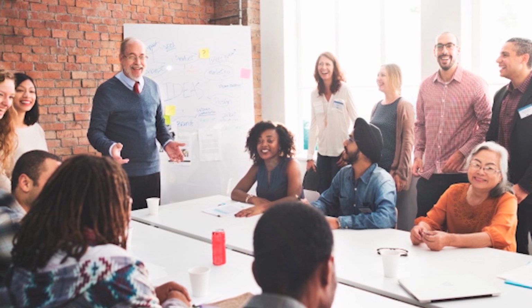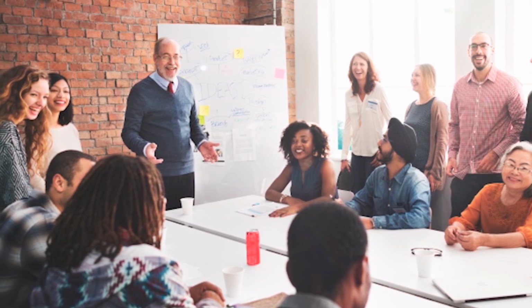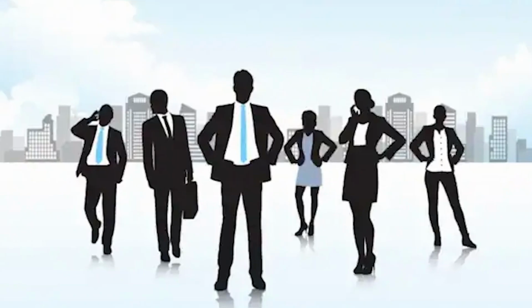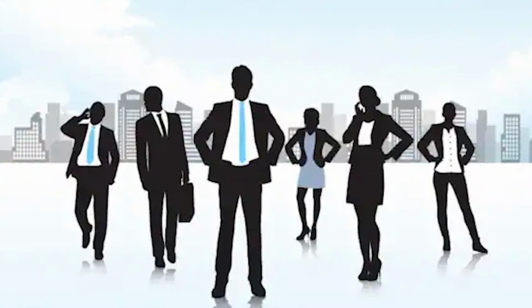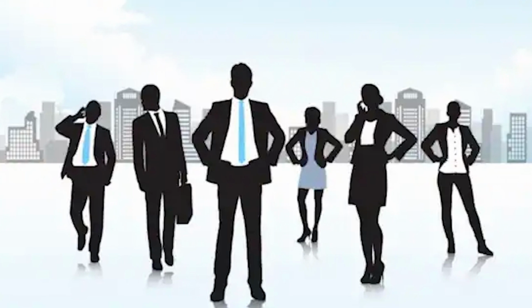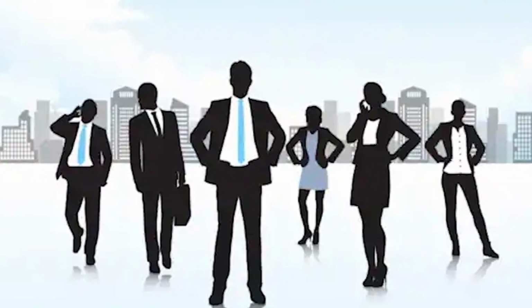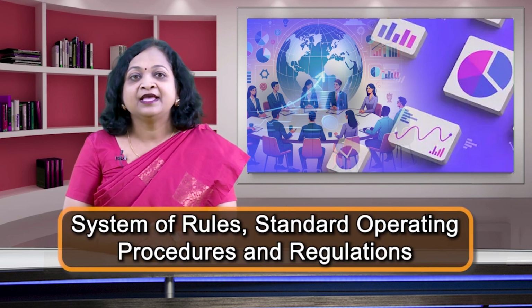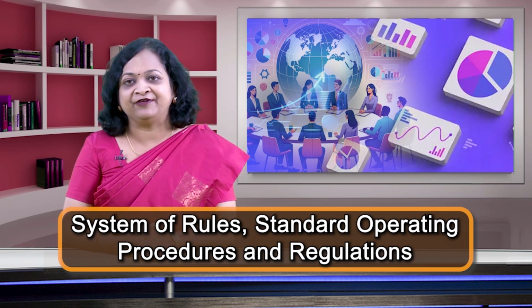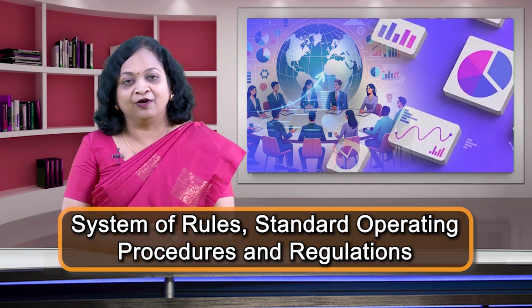Principle 3. The extent of each position's formal authority and task duties, and its relationship to other positions in an organization, should be clearly decided. Principle 4. Ensure that authority can be exercised effectively in an organization. Positions should be organized hierarchically, so the employees know who to report to and whom not to. Principle 5. Managers must create a well-defined system of rules, standard operating procedures and regulations so that they can effectively control behavior within an organization.